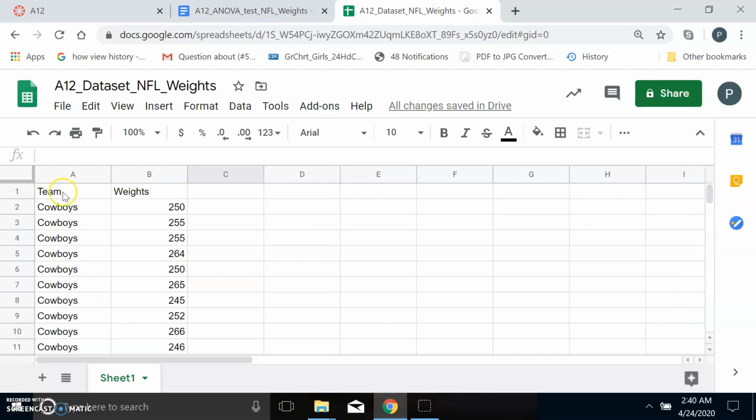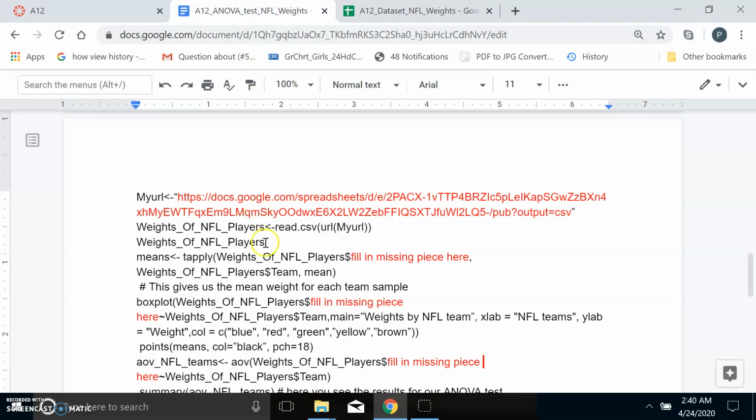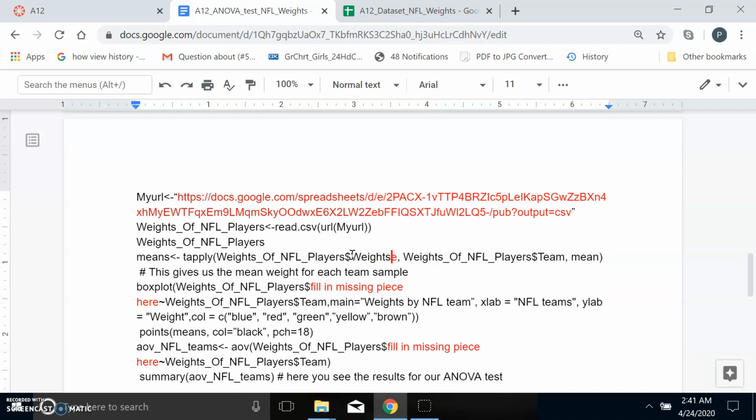We've got a column called team. That's our group, pretty much our teams. And then we have our weights, which is our values over here. So here, the missing piece, well, it has the team here, so it's going to be weights on this one. That goes there. And the box plot, it has teams here, because